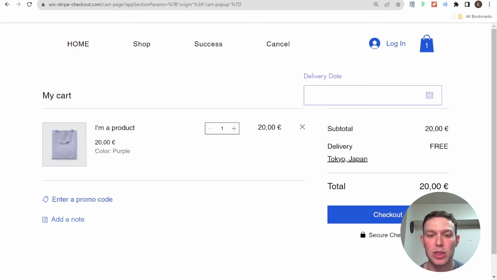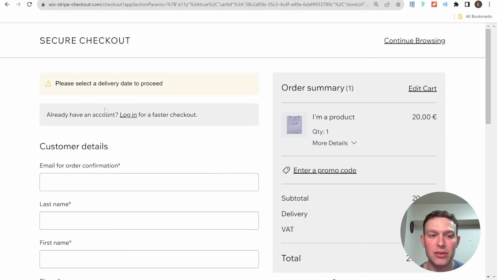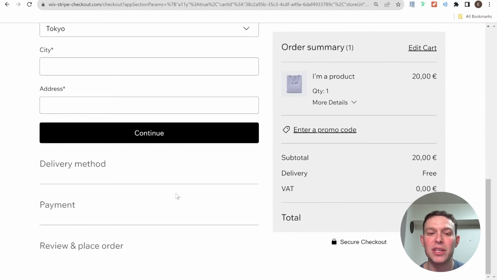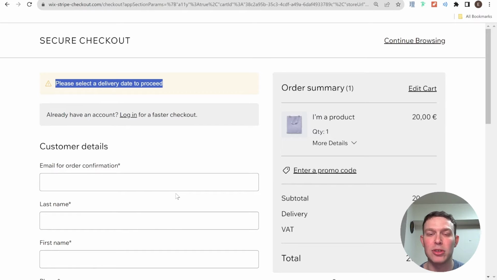check out. So as you can see here, I'm in the Wix cart and I click to check out without providing the delivery date. And it takes me to the checkout page, but you'll see here on top that I get this warning, "Please select a delivery date to proceed." And if I were to fill out all the details here, I wouldn't actually be able to check out my